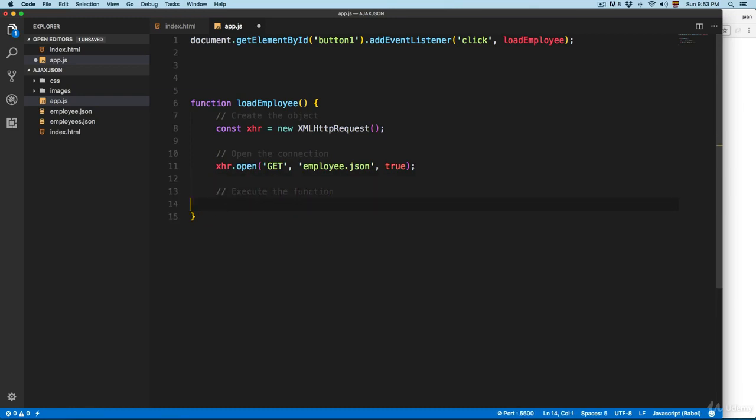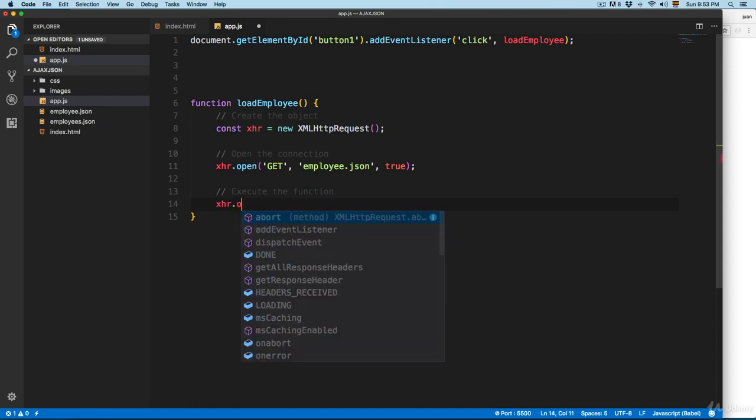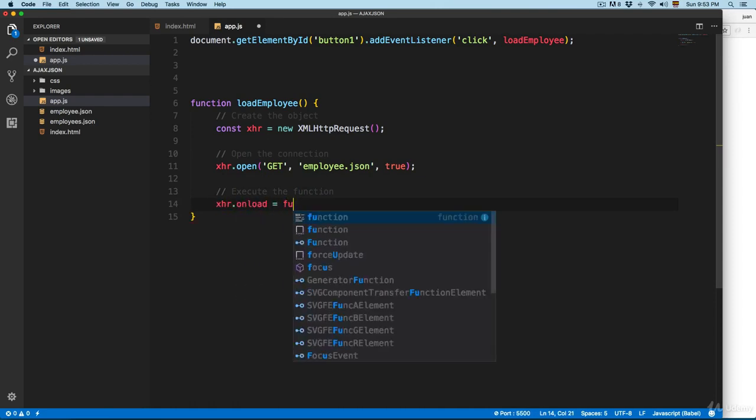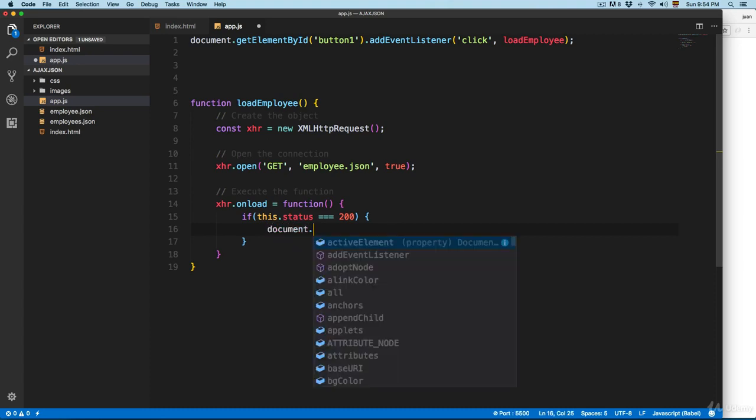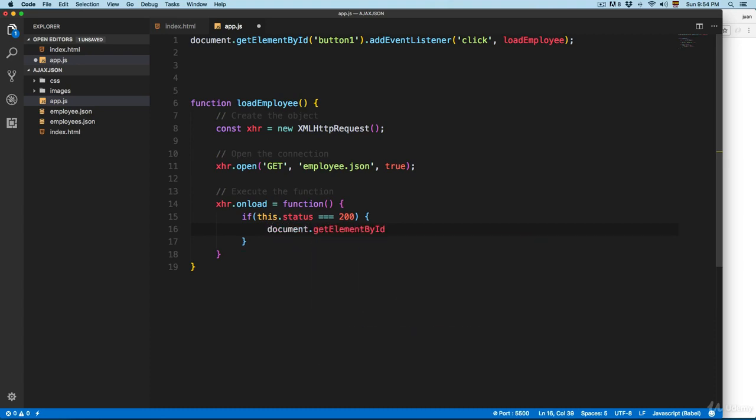So we're going to use xhr.onload equals a function, and we're going to add if this.status equals 200, we're going to execute the code. If you remember, this is going to return a response text, so we can add something like a document.getElementById,